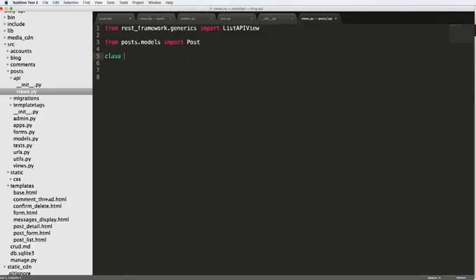All right, so we'll do class. Again, it's a class-based view. We will do PostListAPIView. And of course, it takes in ListAPIView, inherits everything from ListAPIView. And then we'll just say queryset equals Post.objects.all. So this is the basic core of what we're going to be doing here. Since we are, again, working in the API,